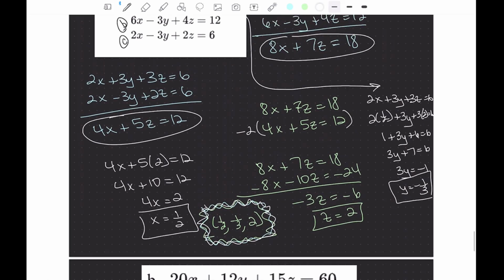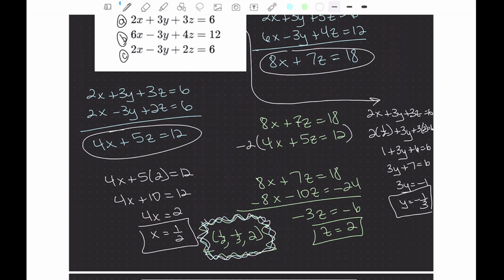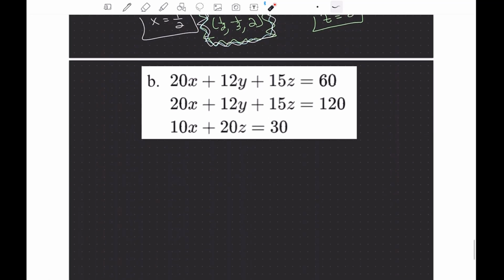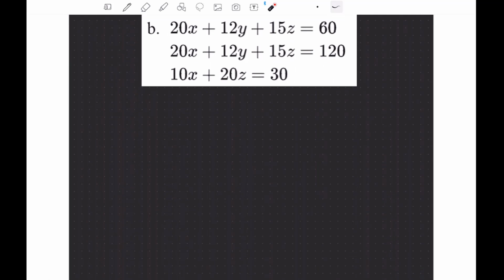So if we remember, when it comes to these 3 lines, granted they're all in 3 dimensions, those 3 lines are intersecting each other. All 3 of those lines are intersecting each other at that point that we found, right? That's how we know it's a system, because all 3 of them are intersecting at that point. So sometimes though, they might give you a problem and they want you to solve this system,